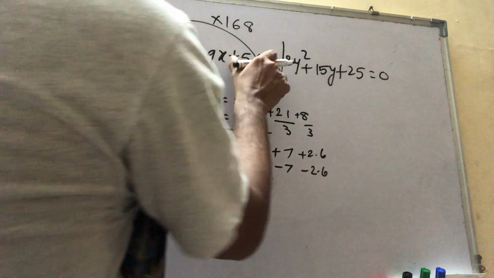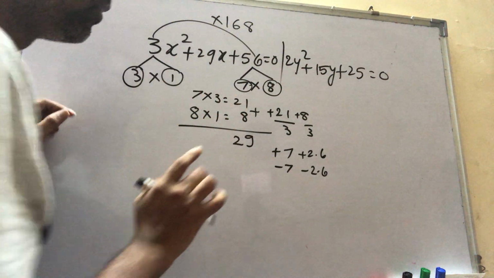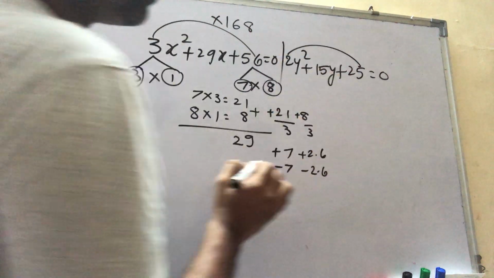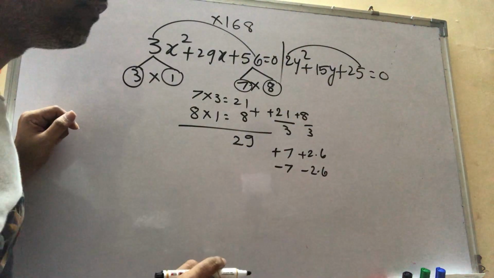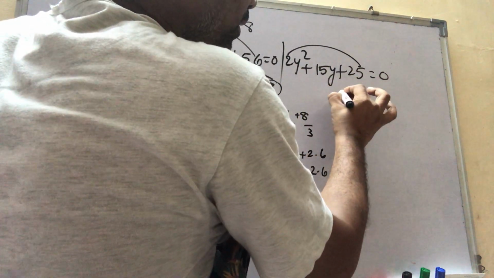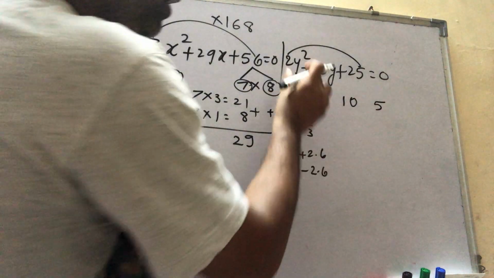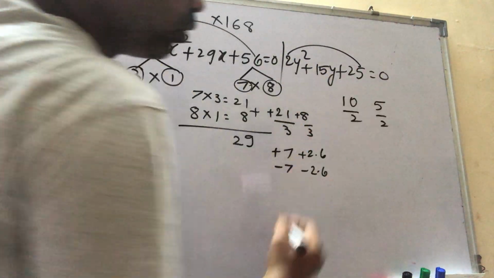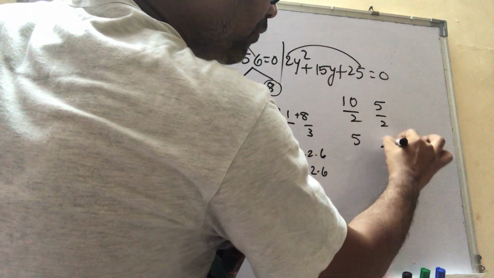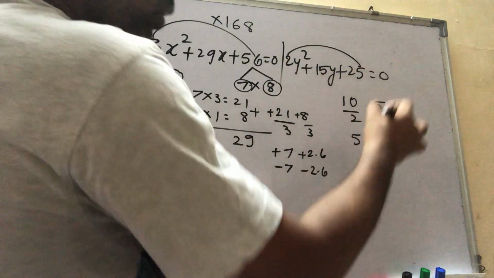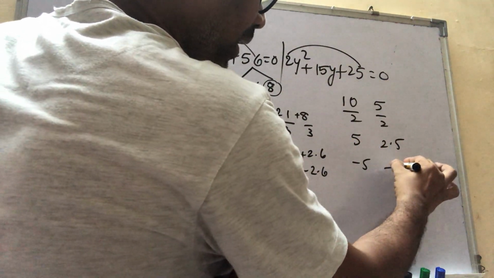So this is the way to factor. This is the way to find the factors when your number is in 3-digit form. Remember this. Now here, 15 2s are 25 2s are 50, and addition 15. So that is nothing but 10 5s are 50, divide by 2, divide by 2. So 10 by 2 is 5, and 5 by 2 is 2.5. So when you take it on that side, this will become minus 5 and minus 2.5.